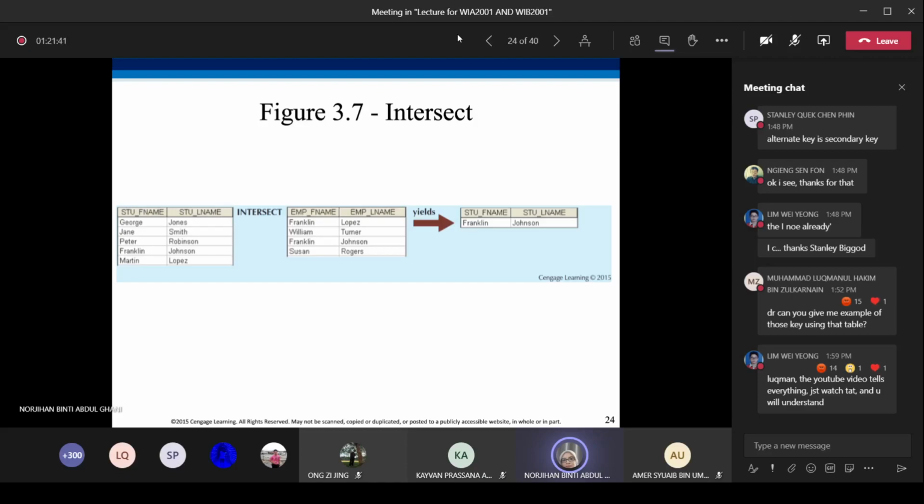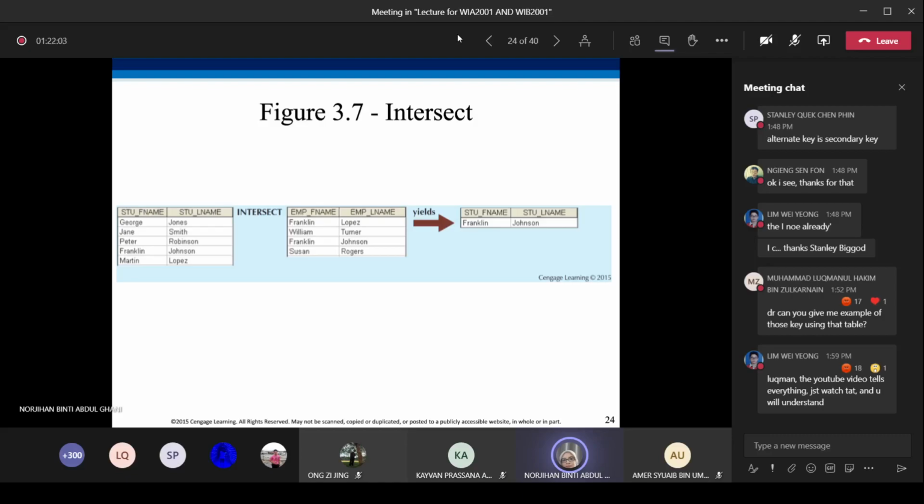So again, the column names and column domains must be similar. Here we have student first name and student last name, and this is employee first name and employee last name. If they are compatible, then we can intersect these two tables.